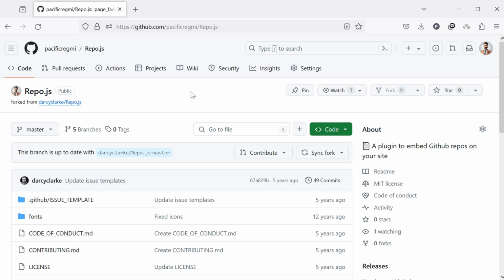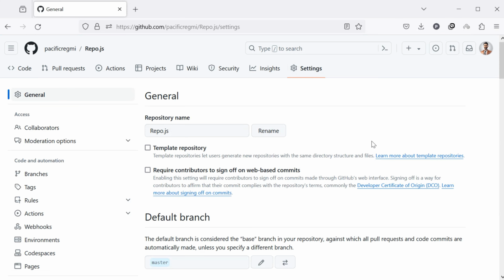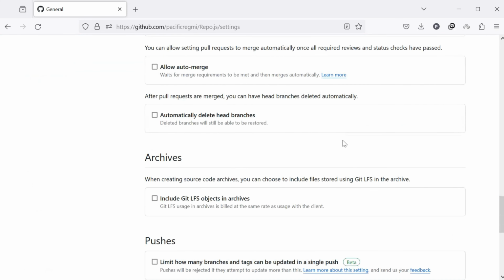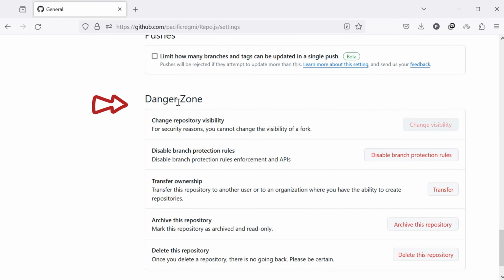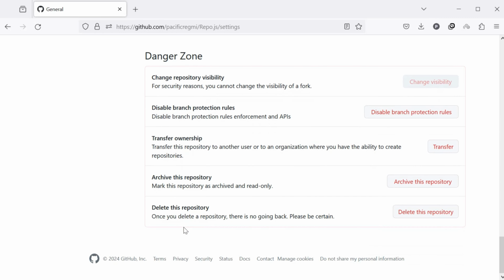Now, click on the Settings tab at the top right of the repository page. In the Settings page, scroll down to the Danger Zone section. In the Danger Zone section, find the option Delete this repository and click on the Delete this repository button from